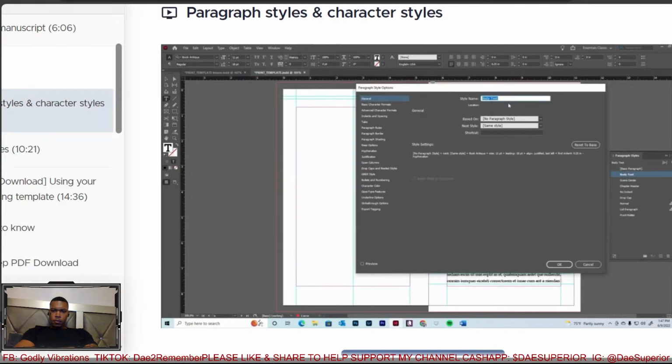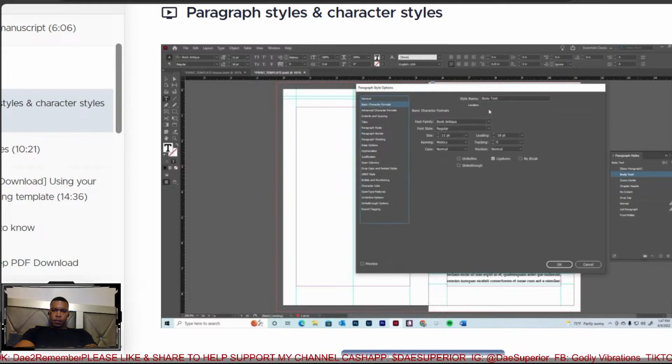So here we have the body text. We can rename it if we want up here. We have based on or new style. You guys don't necessarily need to know about that right now. What your best friend will be is this right here. We're in the basic character formats tab, and you can change the font, you can change the style of font, but again, we're Book Antiqua, regular, size 11, and then leading,